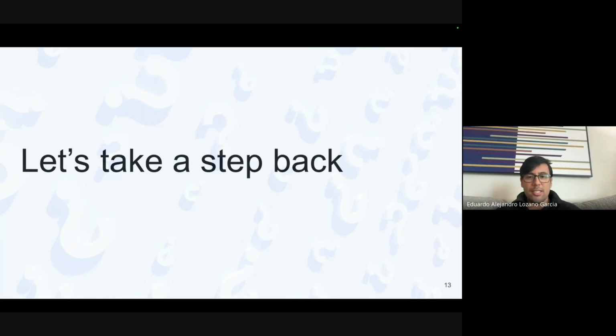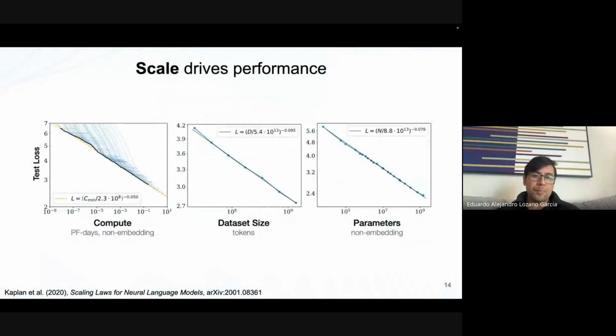So if we take a step back and reflect on why this is a systematic issue with the models that we've developed as a community, we can go back to, for instance, scaling laws, and we see that in order to get really good models, you need to scale across multiple axes. And these are not per se orthogonal, but let's just say they're orthogonal for now. But you need to scale across compute, parameters, and data size, right? And this is something that as a community we've definitely tried to accomplish, like compute.